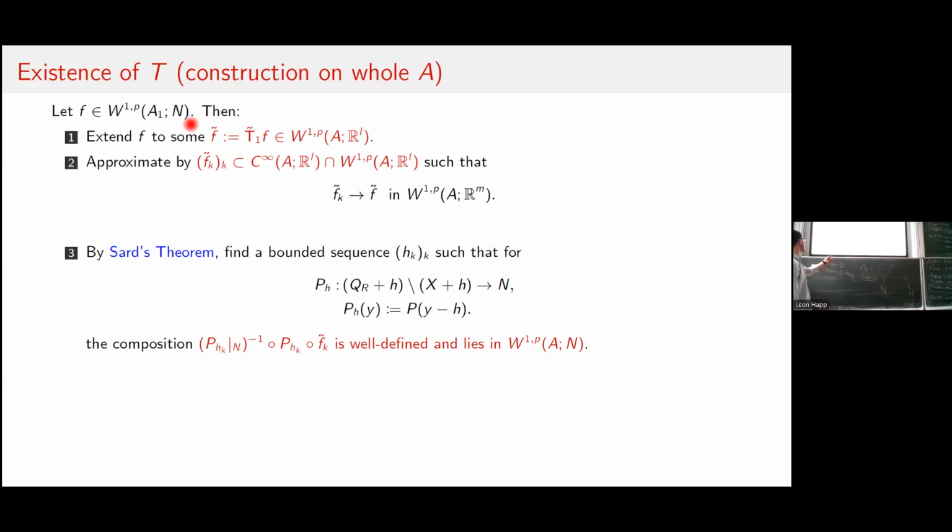So it can happen that they actually map into, or also the approximations map into, the set of singular points X of the projection P. But with Sard's theorem, we can show, if we just alter the projection a bit, so we translate it by some small value h, so we define this P_h as P(y) minus h here. Then by Sard's theorem, actually the pre-images under f tilde k of the set of singularities X plus h, for almost every h, have measure 0. So for almost every small h, actually this concatenation of these two functions is well defined.